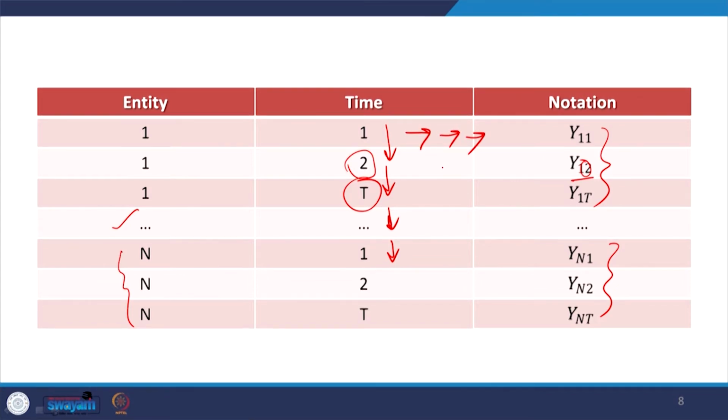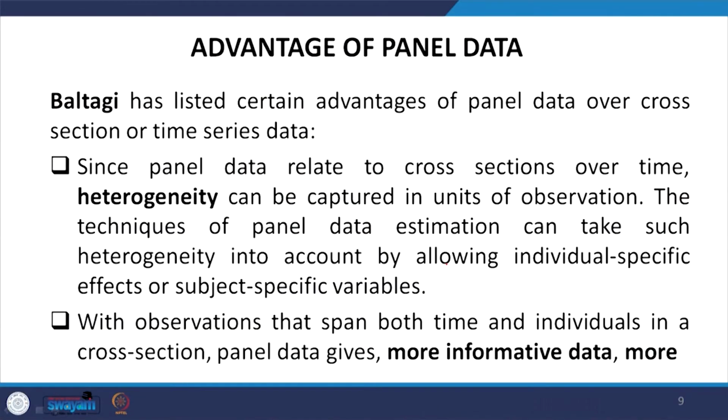So, when we interpret this t here, another t here, another t here, horizontally or in a wide format, that is called wide panel data. When we are putting it vertically, that is called a long panel. We are going to discuss this in a short while, what is the necessity of long panel and what is the necessity of wide panel. Now, before going to discuss all those conceptual details, the advantages of panel data, Baltagi suggested